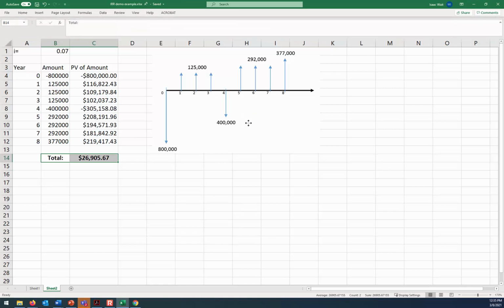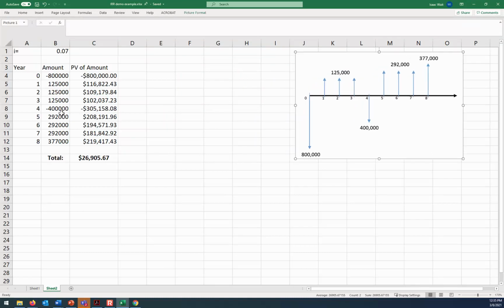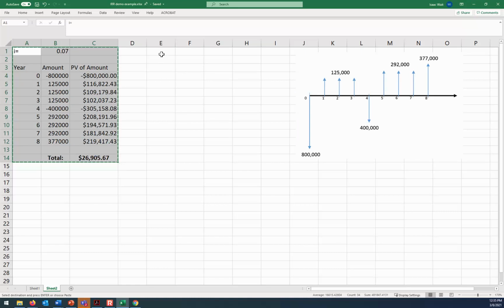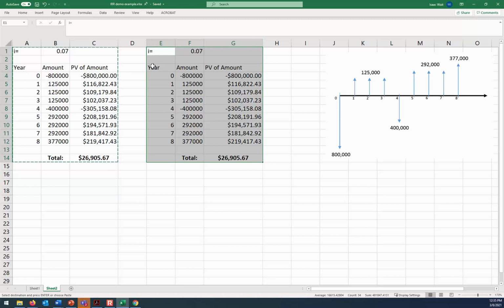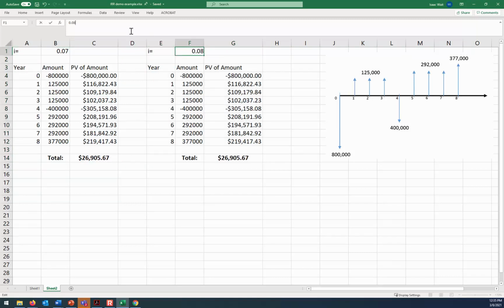Okay, so that's at 7%, and if it's at 8%, what we can do is copy, let me see if I can just paste this whole thing, and then change this to 8%, and then I need to adjust the reference here, because right now it's looking over at the original interest rate. So if I just drag that over sideways to the new interest rate and drag that through,